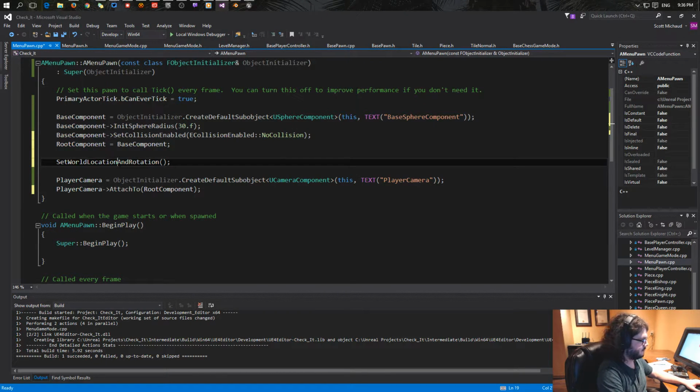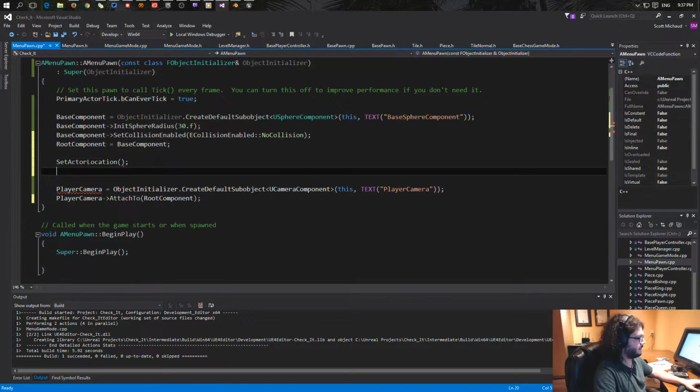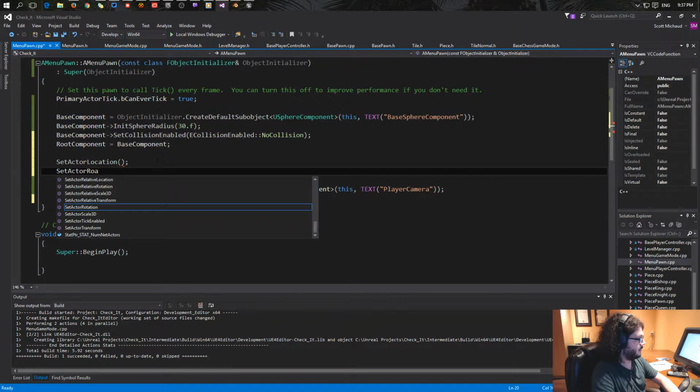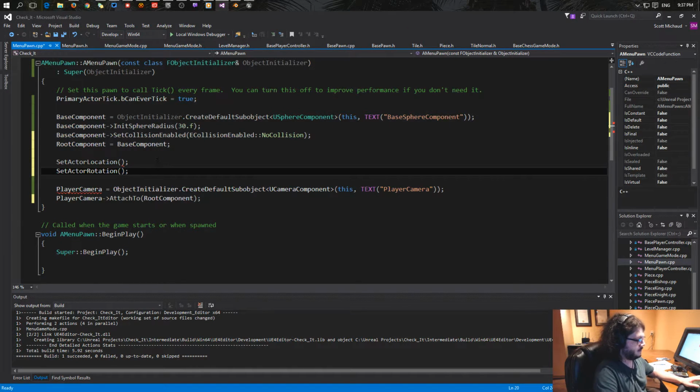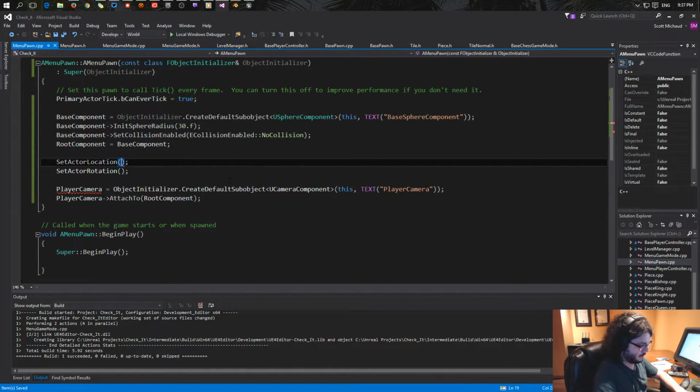Is that what the function's called? No, let's do it one at a time. So set actor location is set actor location. Set actor rotation. And wait for IntelliSense to catch up. FVector